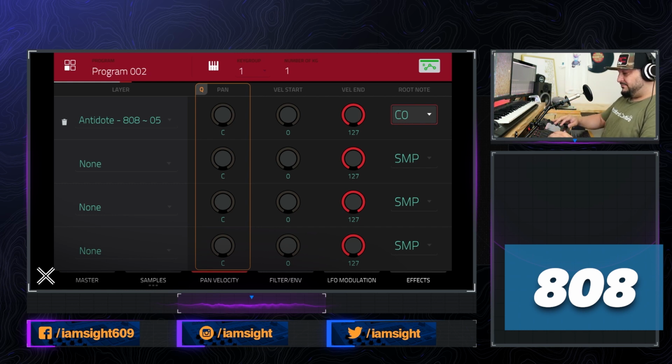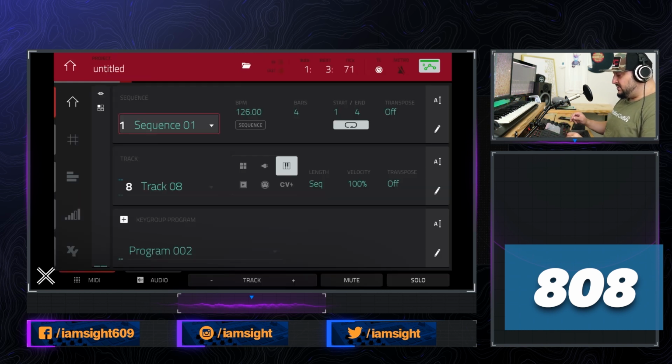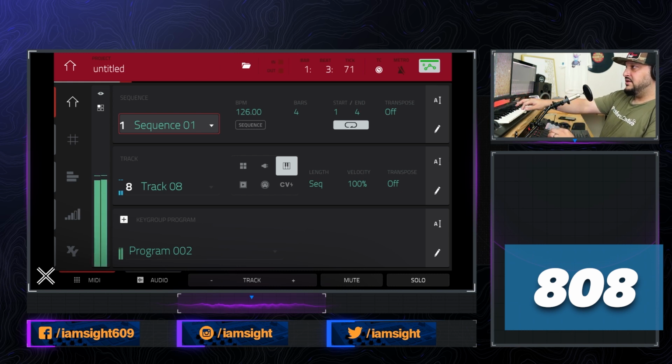So typically I feel like that's a good range because once you get into your B bank, I'm hitting the banks on the MPC, and once you get into the B and C banks, that's usually a good range. So this is just kind of changing up the octave. That might not be in C, but we're going to go ahead and just give it a shot and see what it sounds like. All right, so now it's mapped out when I hit my keyboard,